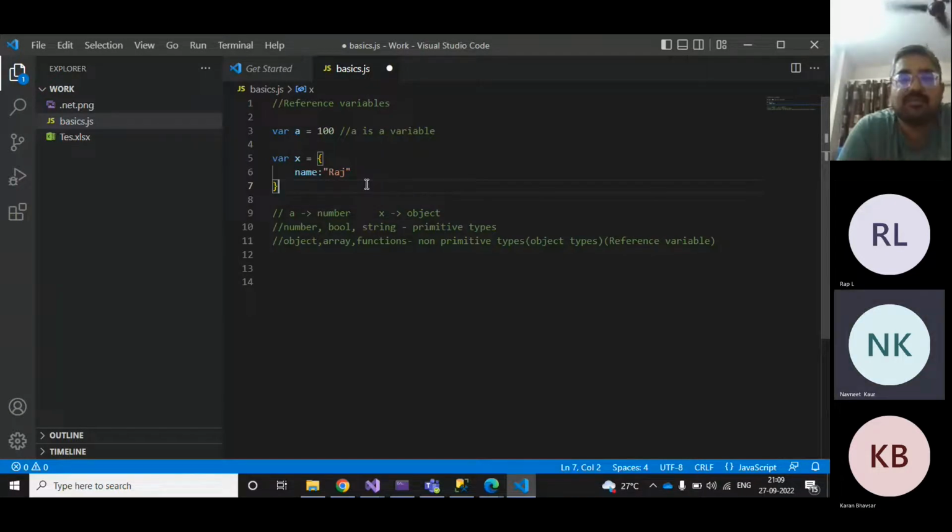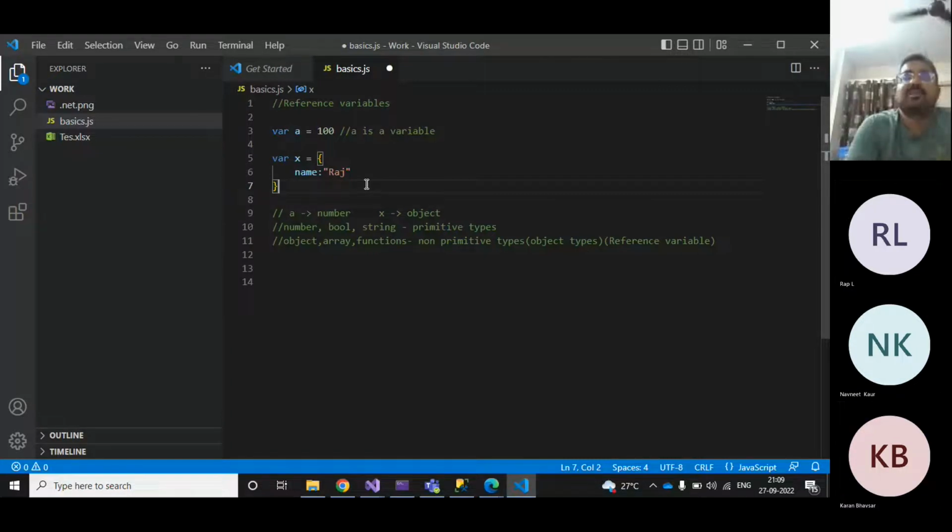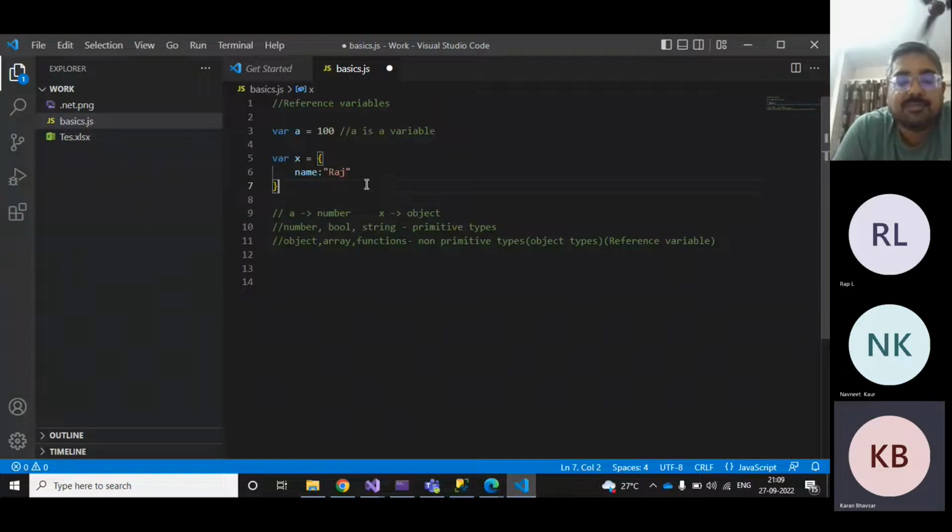That does not make it eligible to be called a reference variable. The concept of a reference variable is different. For example, if we use a variable like b equals x dot name, where x is that Raj name object,